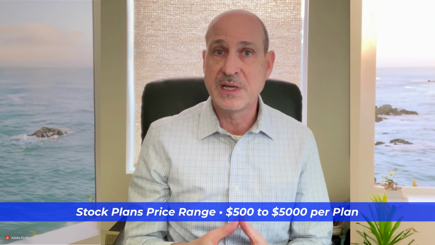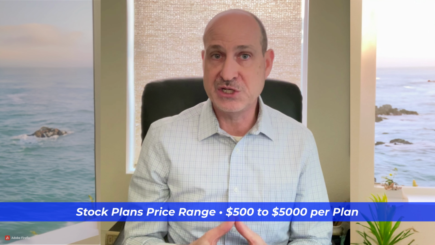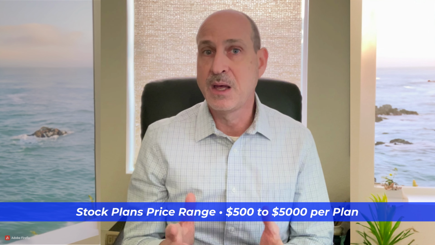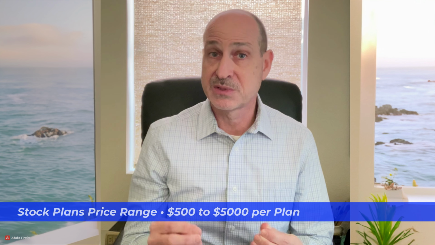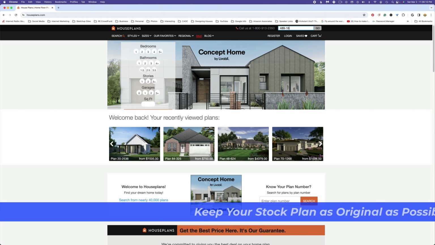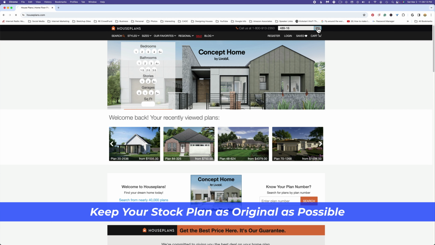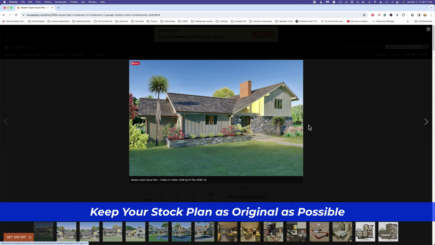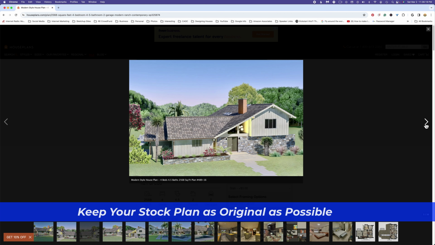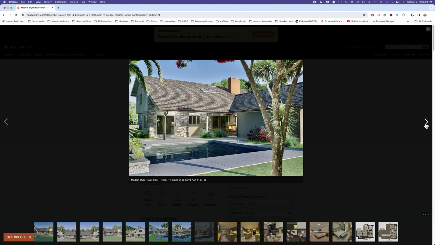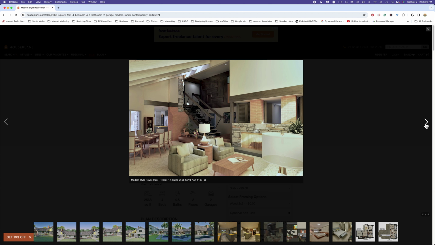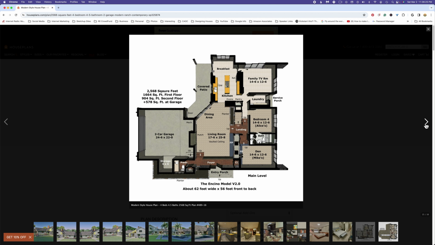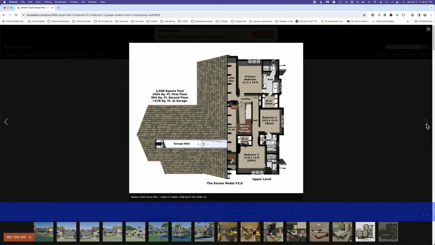A side note is that most people want changes to the stock plan they buy. Modest changes are simple, such as changing a bathtub to a shower. But enlarging or shrinking the house can complicate matters to the point that you are better off with a custom design. For decades, stock plans have allowed many homeowners a more streamlined and less expensive path through the design process,